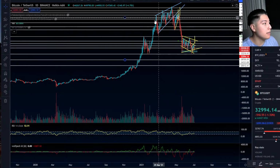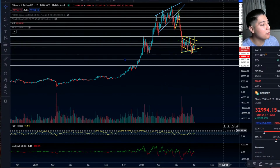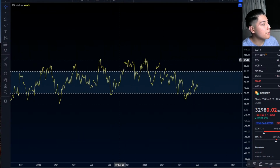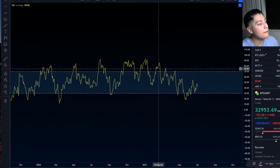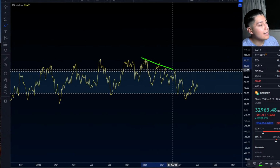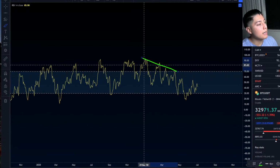That's not a good thing. I mean, it is a good thing, but the fact that this was making higher highs, if you look at the RSI, this is the first high when we hit 40K, then we hit 50K, then 60K, then 64K. Look what's happening. We're having less and less momentum, less money being put in, less people buying, and the price is getting more